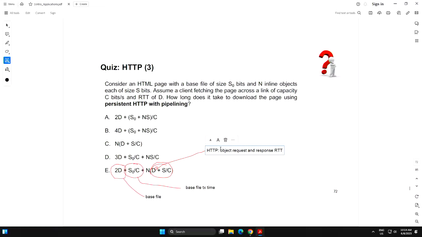So before, when it had two times, one is for TCP and one is for the object. So this D here is for the object only, for the HTTP related round trip time. And so the 2D at the front of this one, that's once for the connection and once for the... Yeah, you have a TCP, yeah. I'll also annotate that so you remember it. Yeah, it's a good point. So I can go back here.